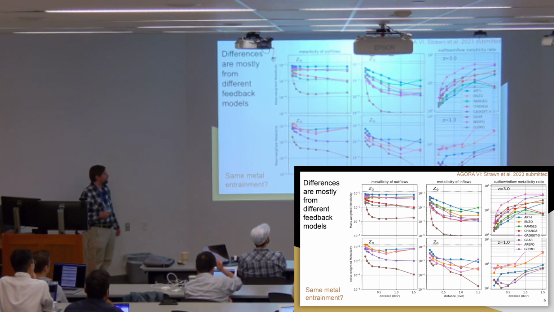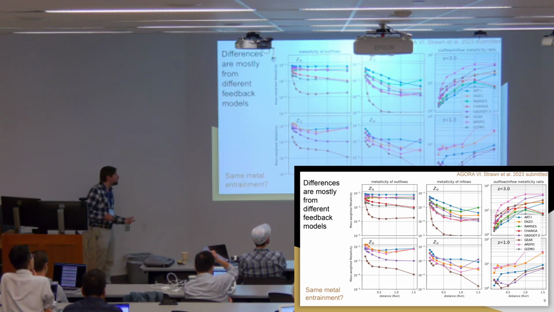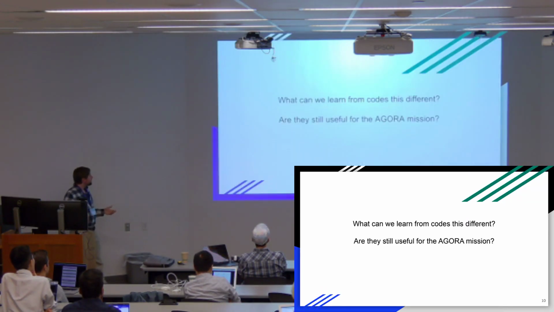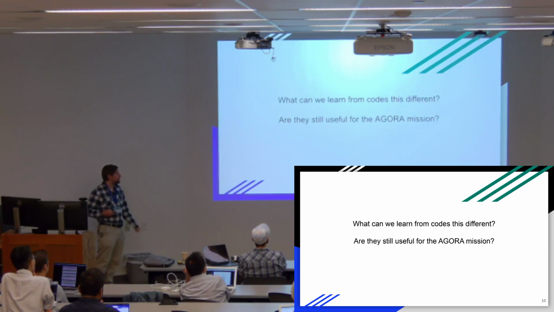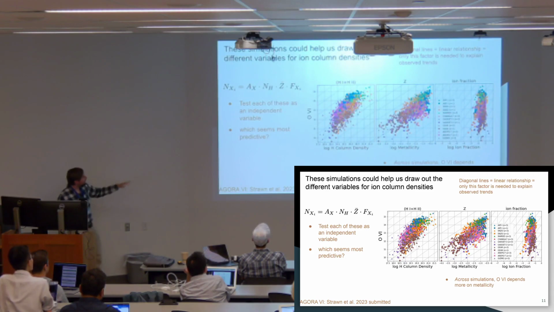What's different is just the amount that gets kicked out initially, which basically means this is a feedback effect, probably more than a code architecture effect. But whatever it is, these are pretty far from each other as far as this goes. So, what can we even learn from codes that are this different? They haven't converged in this. Can we look at the CGM in the way we wanted to? And the answer is yes, if we're careful about it.